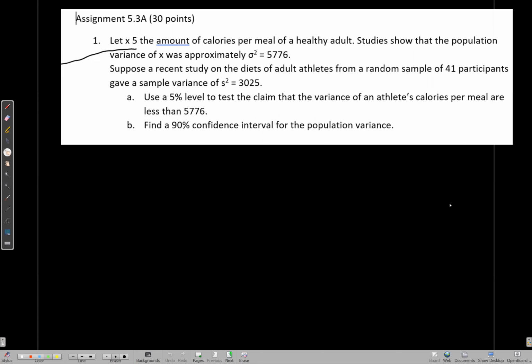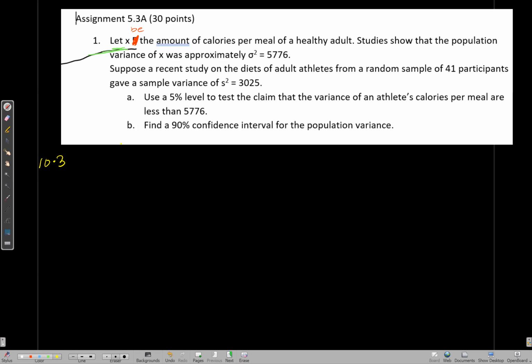Today I'm going to give you hints for 5.3. So in 5.3, first question, actually the first thing here, there is a typo. It shouldn't be x5, it should be let x equal, so let x be the amount of. And then, yeah. So this problem, first of all, it belongs to